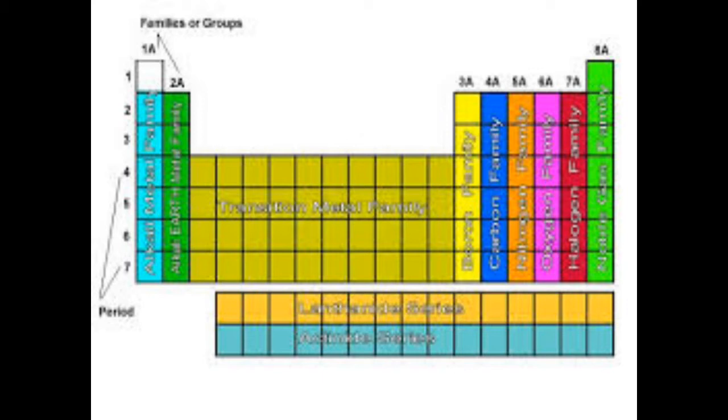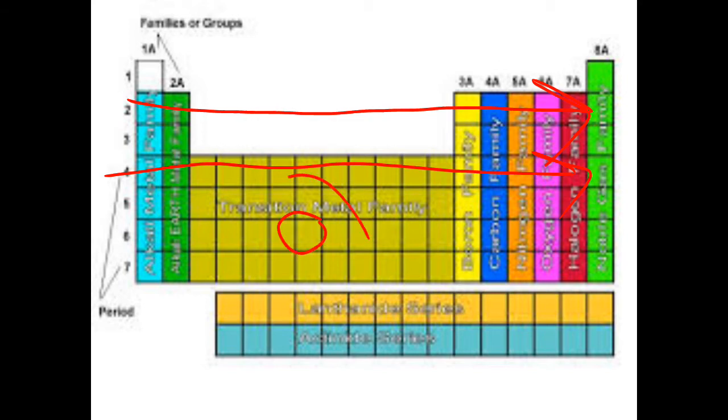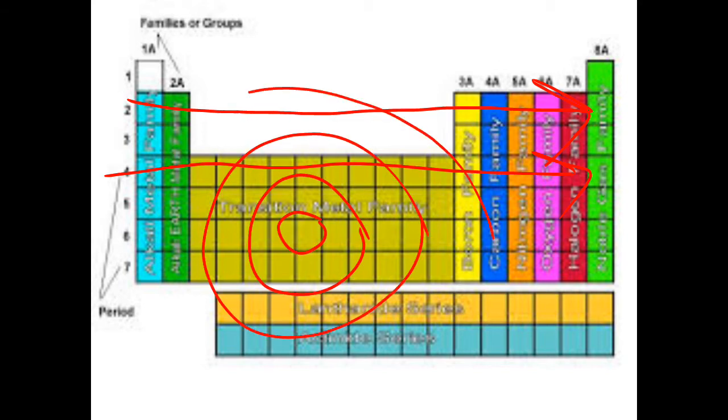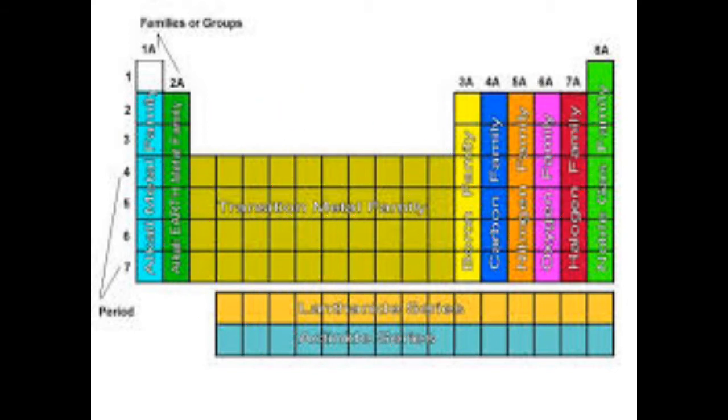If the period number is 1, it means the atom has only one shell. If the period number is 2, it means all atoms present in the second period will have 2 shells. The first shell is the K shell and the other is the L shell. Similarly, if the period number is 4, it means all elements have atoms in which 4 shells are present. So a group number defines the number of valence electrons. Similarly, a period number tells us how many shells of electrons are present.